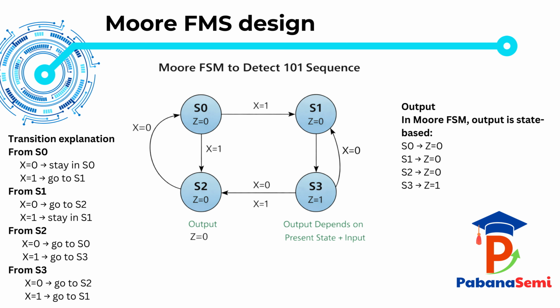This is the key property of a Moore machine. Output depends only on state, not directly on the input. One important correction for this slide: the green note at the bottom says output depends on present state plus input. That statement is for a Mealy FSM, not for a Moore FSM. For this slide, it should say output depends on present state,